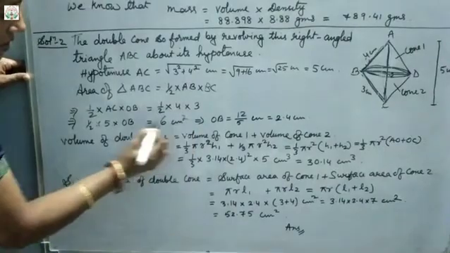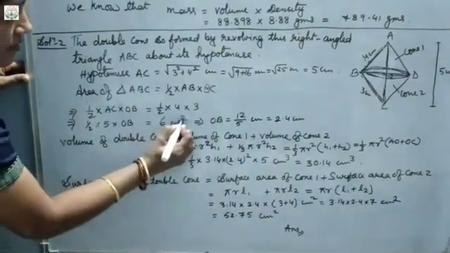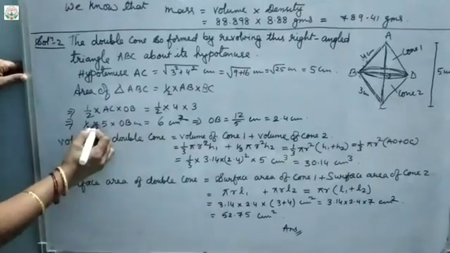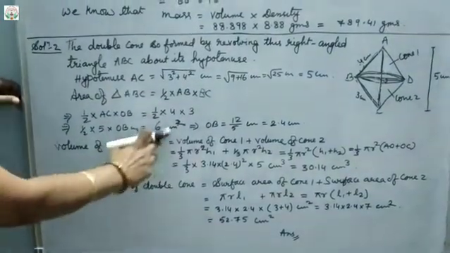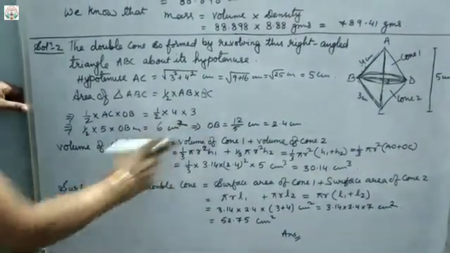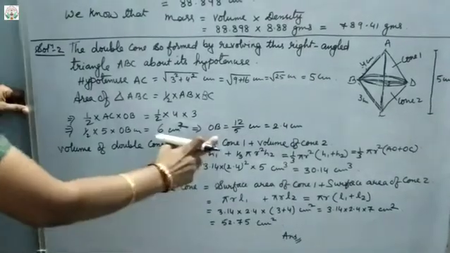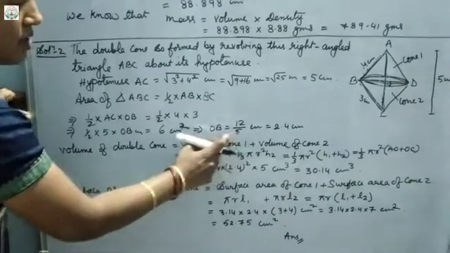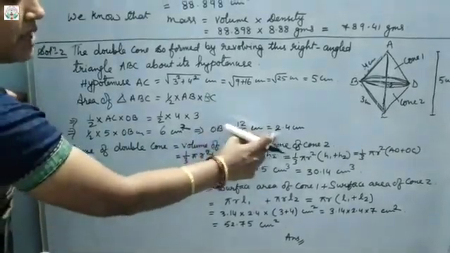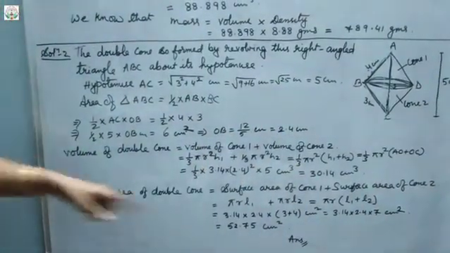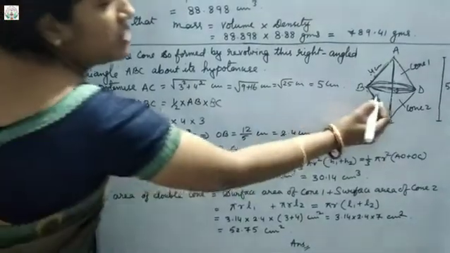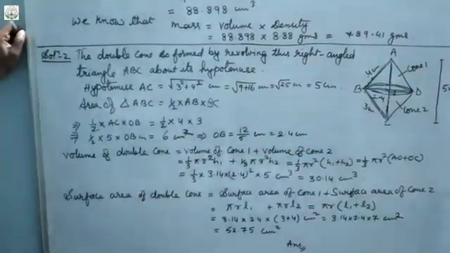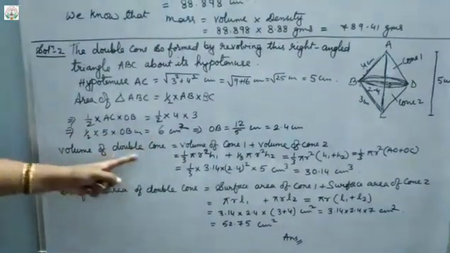Here 6 square, and here also it will be cm. Okay, so now on simplification, OB how much you will get? OB will be 12 upon 5 cm. That is, on dividing this we will get how much? 2.4 cm. That means OB, this radius is how much? OB is 2.4 cm.